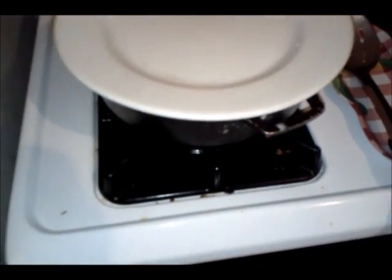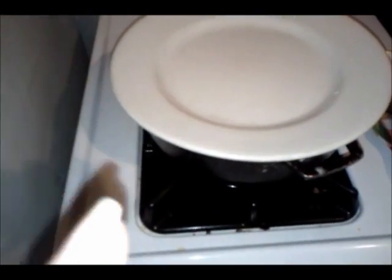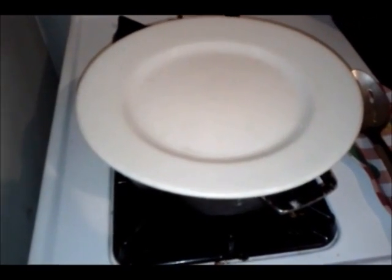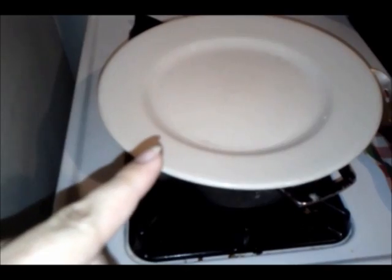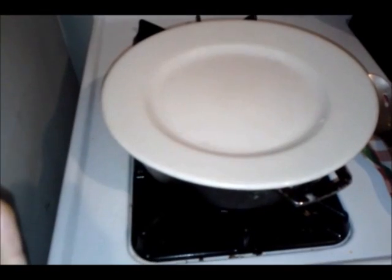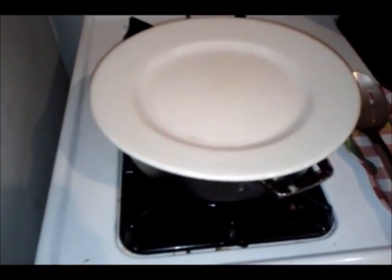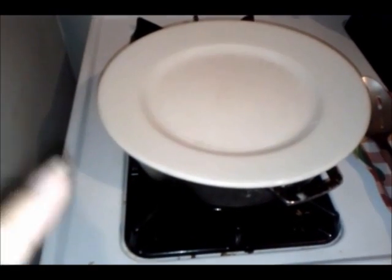But yeah, so once that's done, you put it on the low fire, and then you're going to give it like about an hour or so, give or take. But do not, and I repeat again, do not touch that plate, because if you touch it, you're going to mess it up. Cooking yellow rice with beans is all about patience. So yeah, don't touch it, don't peek at it until I tell you so,